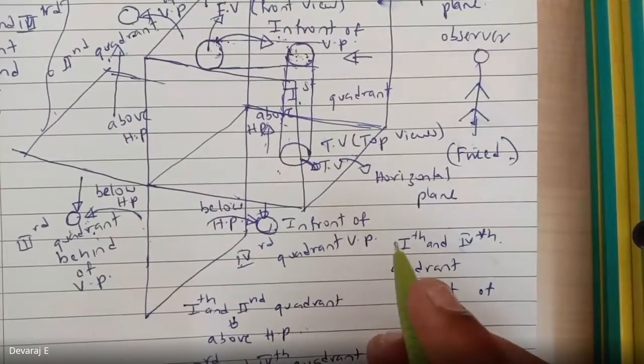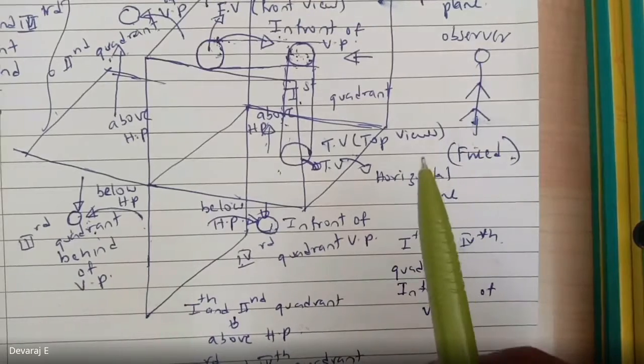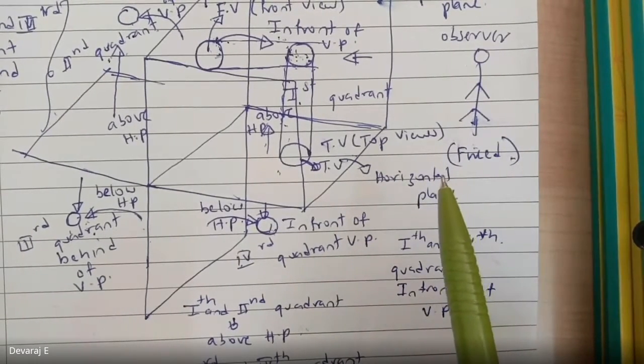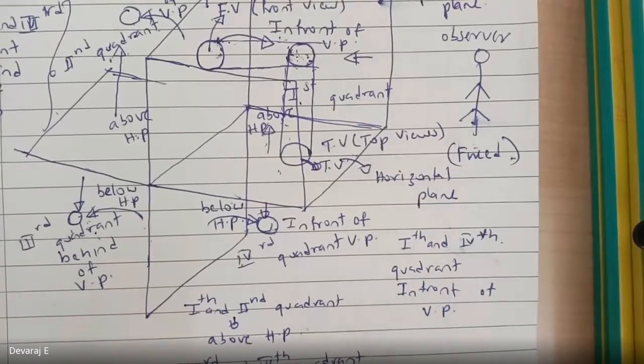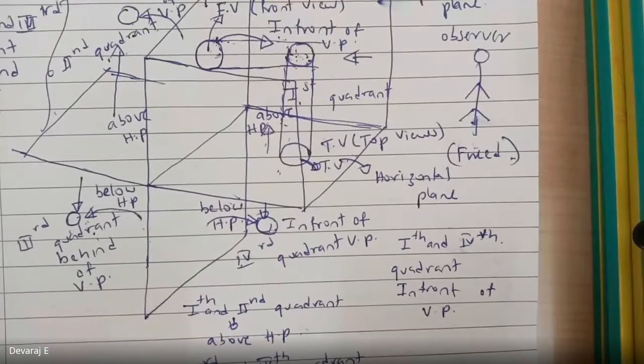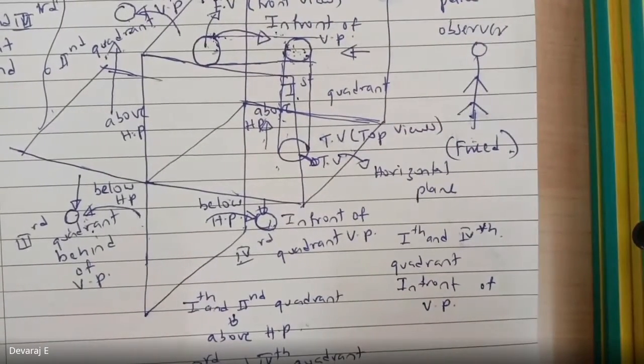For example, if I tell you the object is kept behind VP and above HP, which is the quadrant? Behind VP and above HP. Second quadrant, sir. Okay. Next, if I ask the question, the object is kept